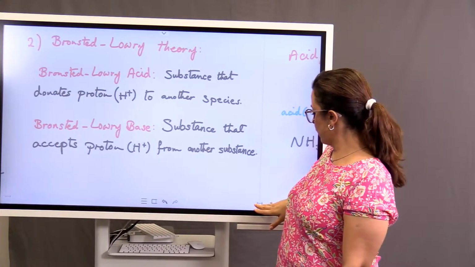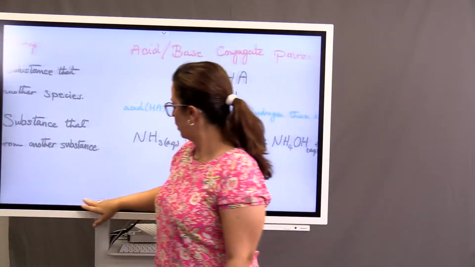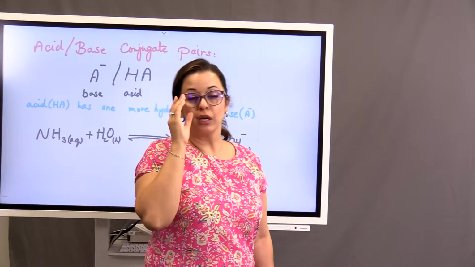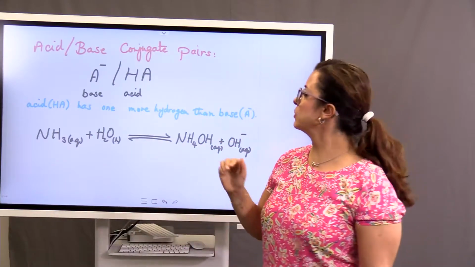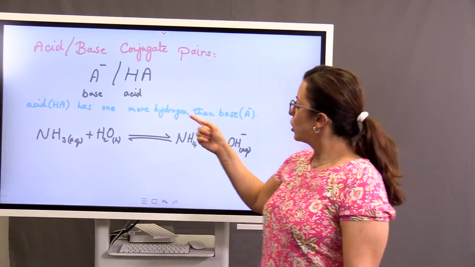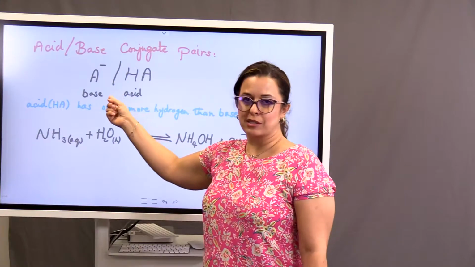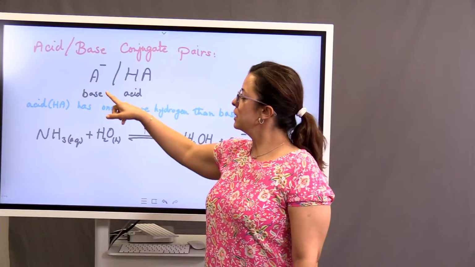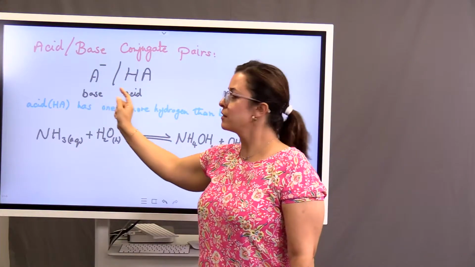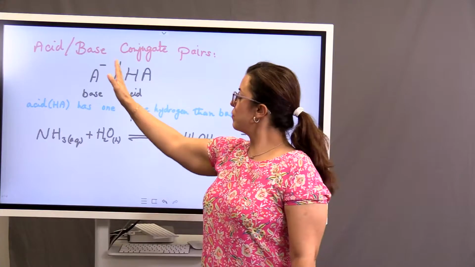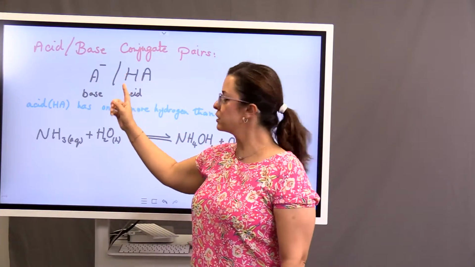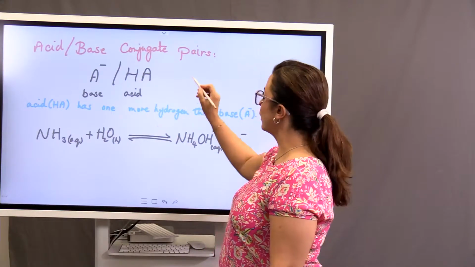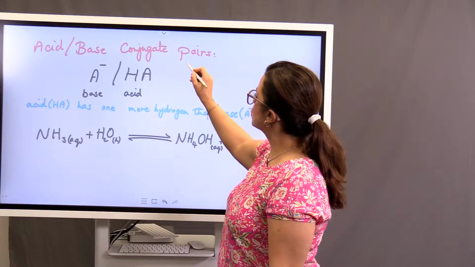So I would like to work on this theory with an example. But what is important in this theory is the concept of conjugate acid-base pairs. Conjugate acid-base pairs are species of the same substance. This is the format for the base, and this is the format for the acid. So if you pay attention, their difference is only one hydrogen. Okay? For example, if you have H2S